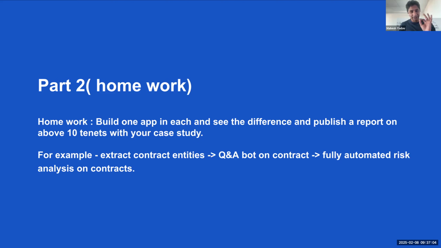First, you can just take a key entity extractor. It's an API. You give it a contract and just fetch what are the top entities in it. You find all the entities, like what is the company, who are the people, what are the dates. It's out of the box. It will also give you confidence, and you will see whatever it claims most of the time is true. Second, you can build a Q&A bot using Langflow, which we just discussed.